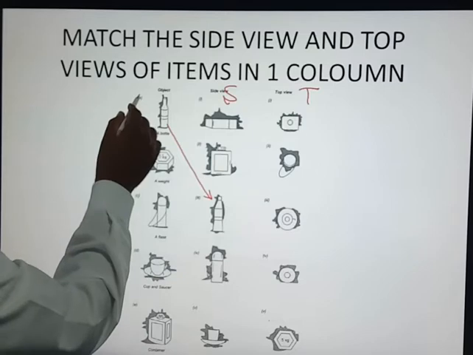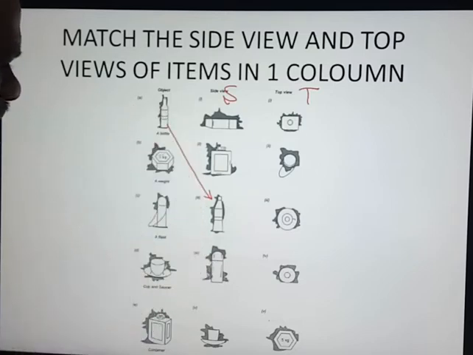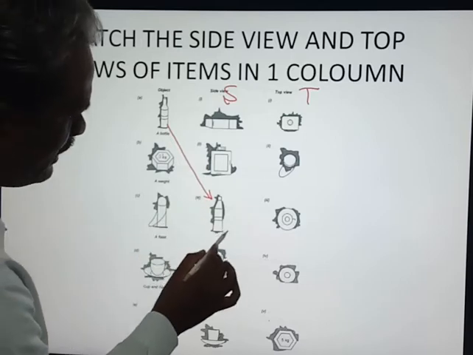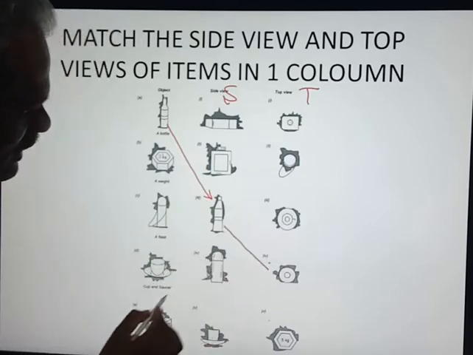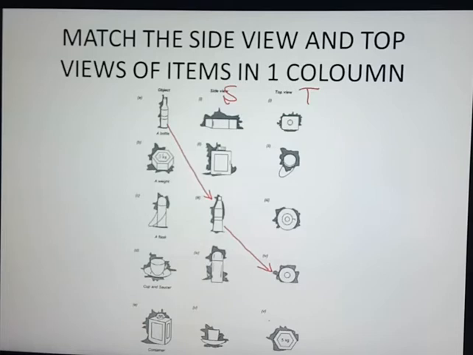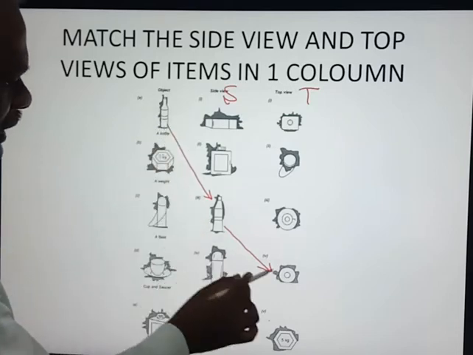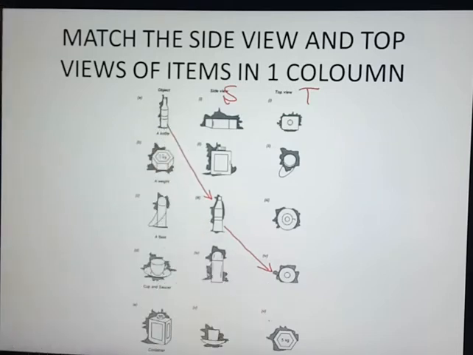For the A, third option. And the top view of this bottle will be circular in shape. That is the fourth one. See, we have identified the side view of this bottle as well as the top view. Next one,